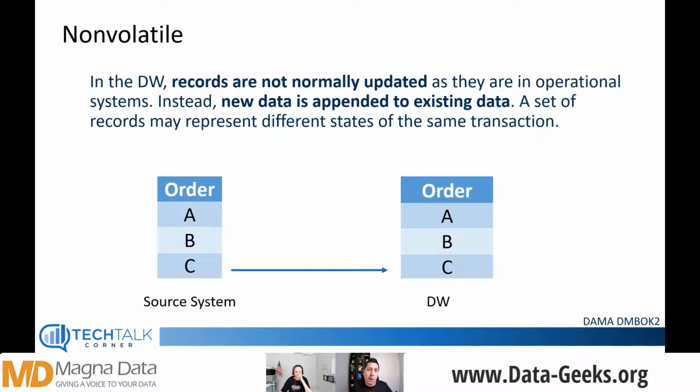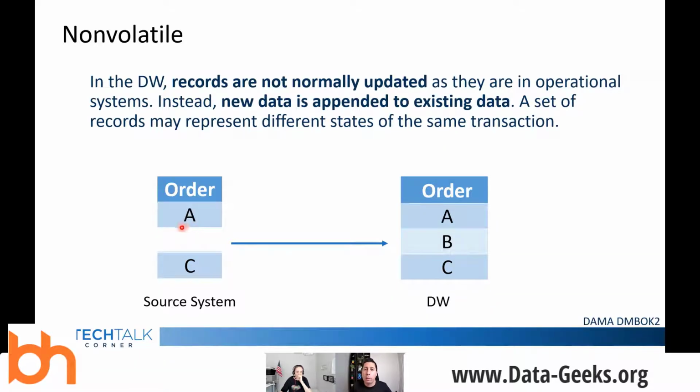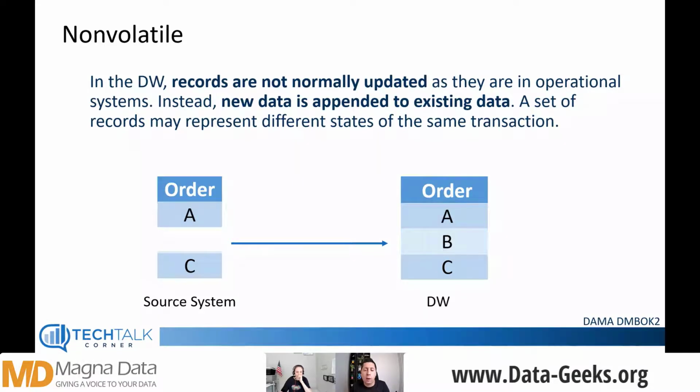So finally, let's say that order B had some issues, or we need to cancel order B. So potentially in some operational systems, what could happen is that they remove order B from the source system. In your data warehouse, you're not going to delete that record.